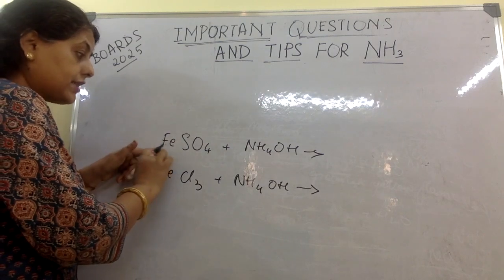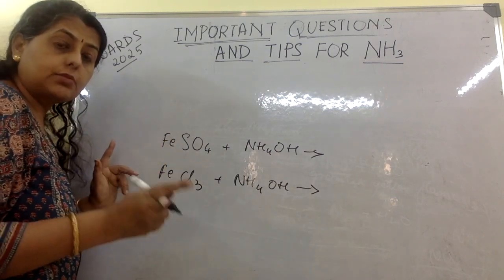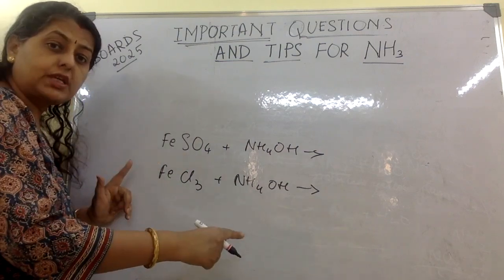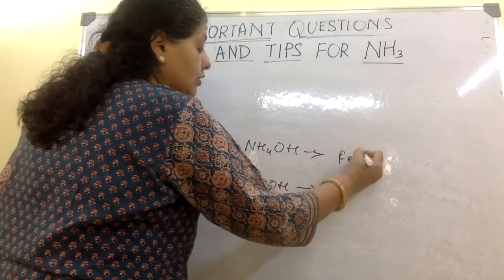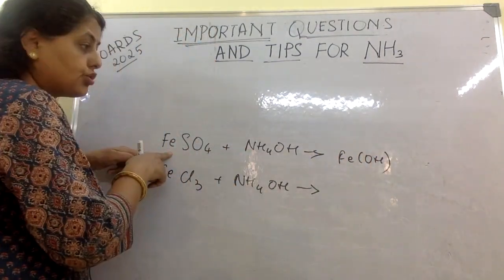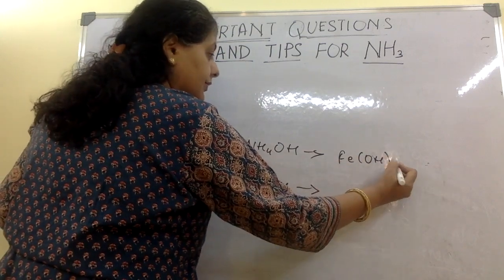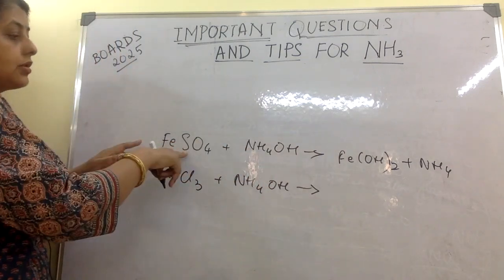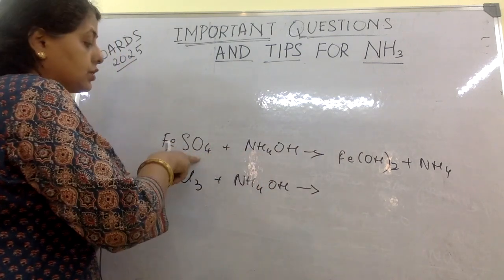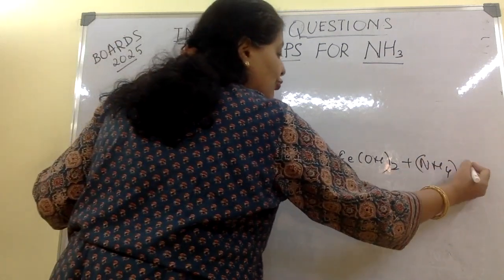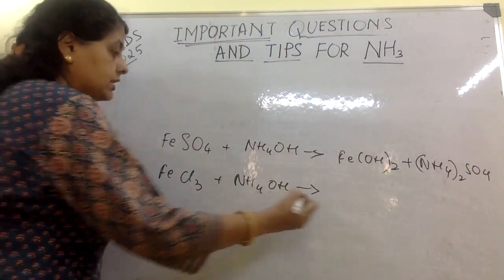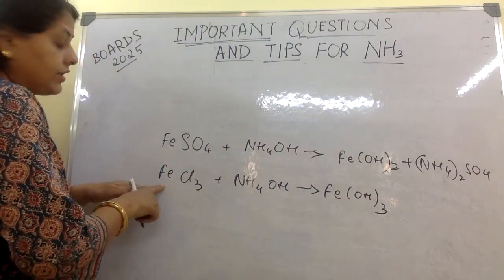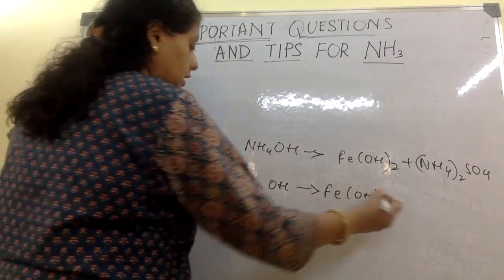If you see here, Fe has variable valency; here it has the valency 2. Here Fe has the valency 3. That is what is going to make the difference in your answer. Fe(OH) twice, since Fe was 2 here, plus NH4 and SO4 is 2, so (NH4)2SO4. Let's come to this: Fe(OH) thrice. Why thrice? Because here we have taken 3 for Fe. Valency is 3 here. Plus